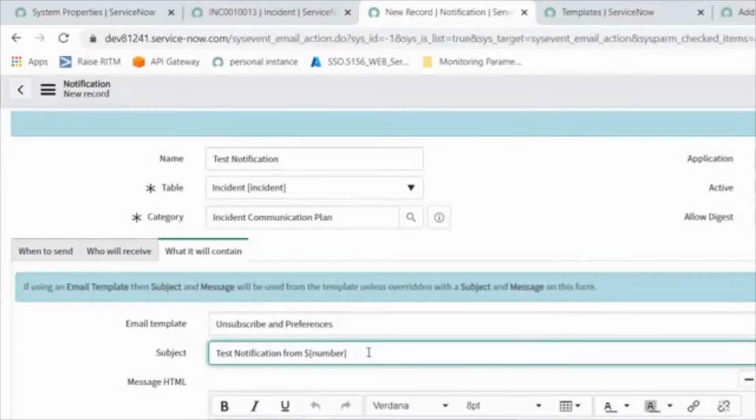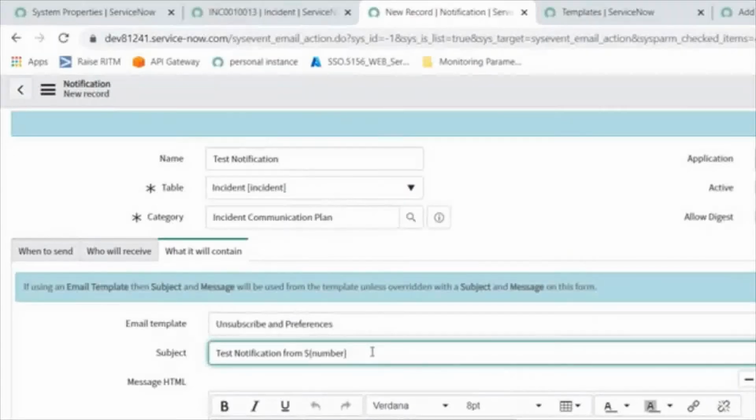At that time, it has to be sent based on the number which is created, and that number has to be displayed here. So I can use number as a dynamic value starting with a dollar symbol. The dollar indicates we are taking the dynamic value from whichever user submits it, right?